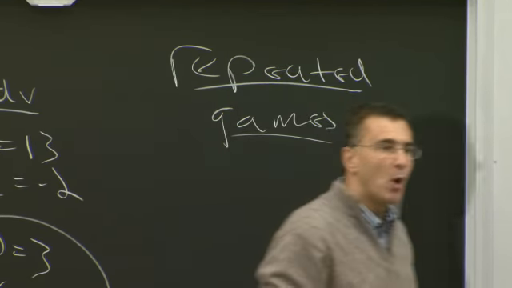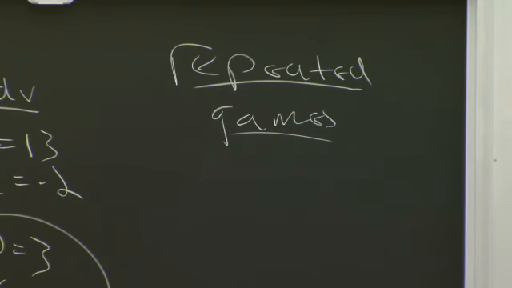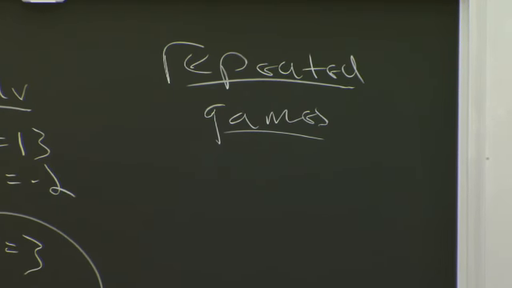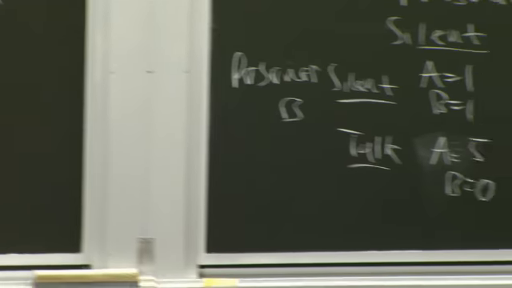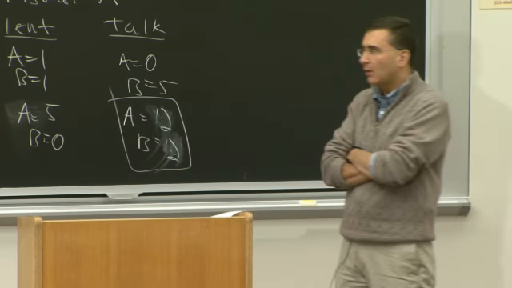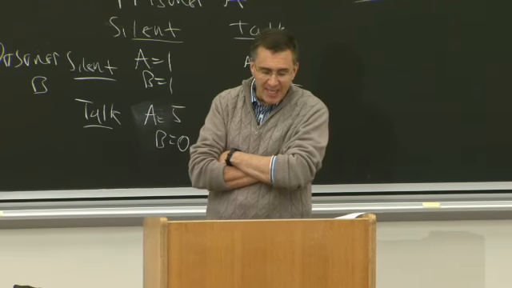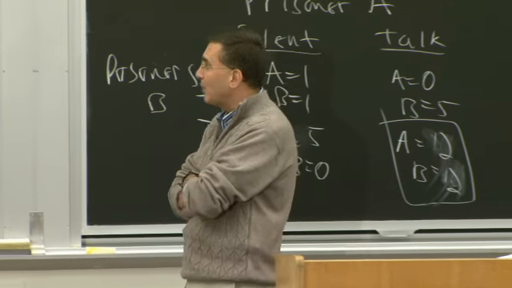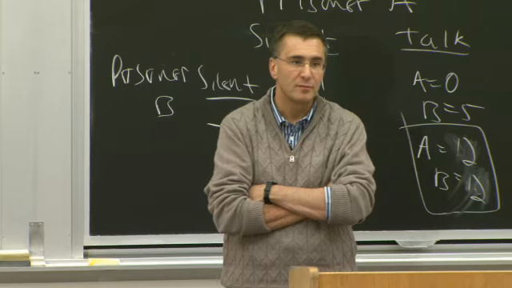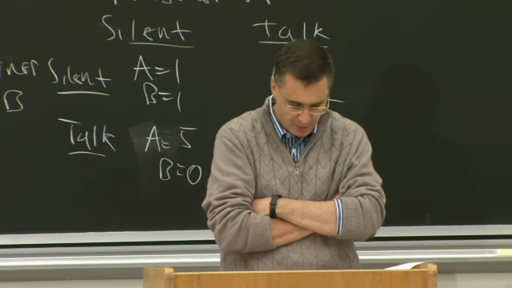Repeated games can help you overcome the prisoner's dilemma. Now, let's take the Coke and Pepsi example. Let's imagine that they're making the advertising decision every period. Every period they have to make an independent advertising decision. They can advertise, and advertise every period.